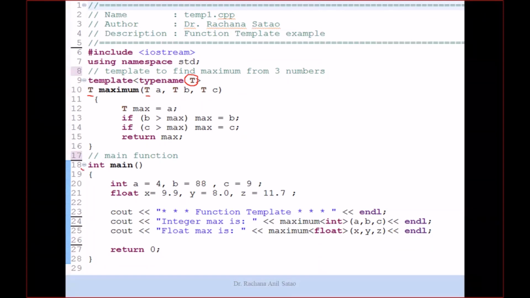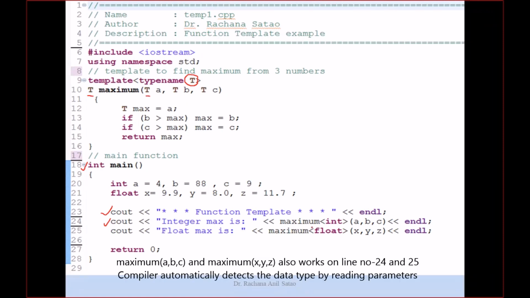In the main function, I have taken three integer numbers a, b and c, and three float numbers x, y and z. In the first line I am displaying the title of the program. After that I am calling the function maximum. Now while calling there is a change. Along with this maximum I am passing the type of data.